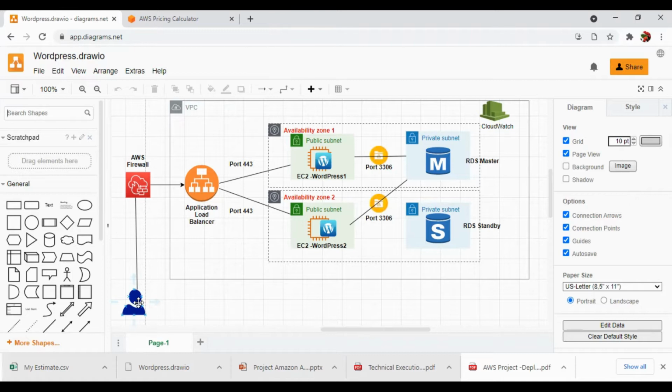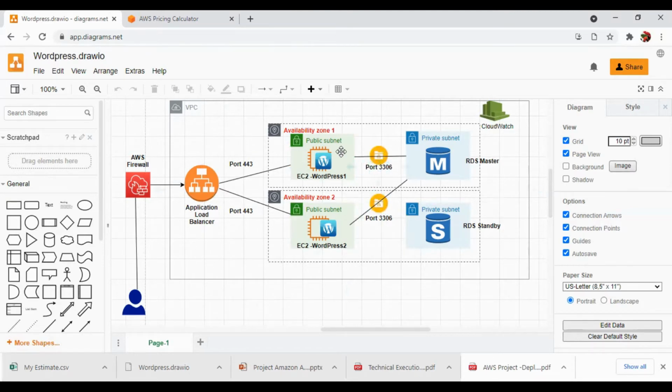As we know, firewall is a basic term, and what it actually does is validate, and then the validated request will be sent to the application load balancer. As the name suggests, load balancing, it will route the traffic according to the usage of the server. So if a server is highly used, then the application load balancer will decide itself where to route the traffic. So the application load balancer, as you know, works across different availability zones. So here our two servers are in different availability zones, availability zone 1 and 2.